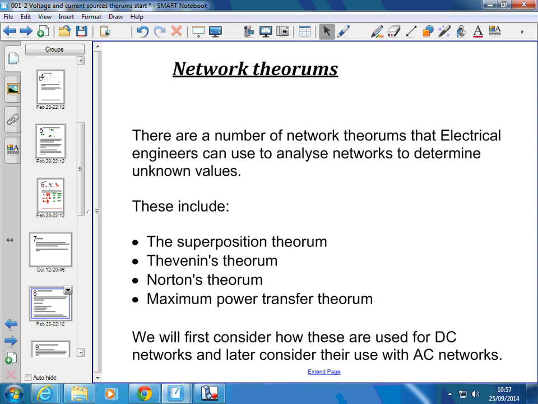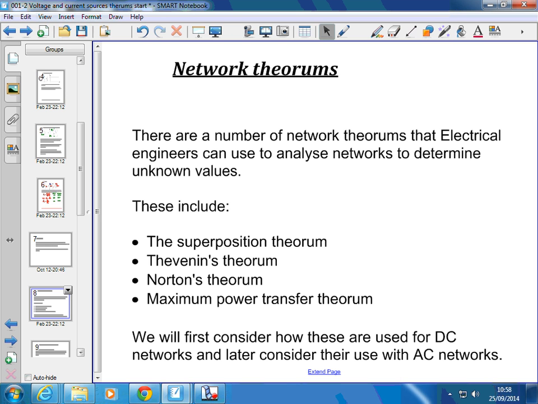This is all on the slide handout I've given you, so where there are diagrams, they'll be there for you. You don't necessarily have to draw them. There are a number of these theorems. They include the superposition theorem, which is the one we're going to look at today, Thevenin's theorem, Norton's theorem,